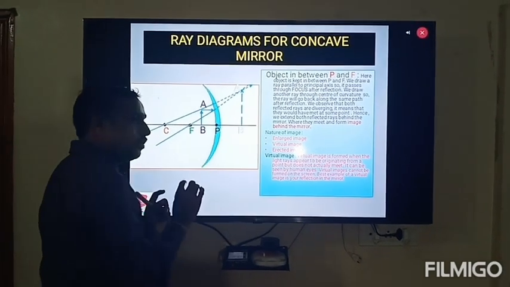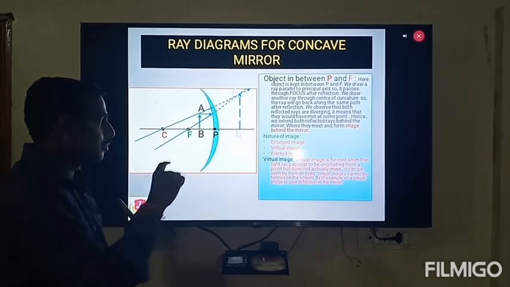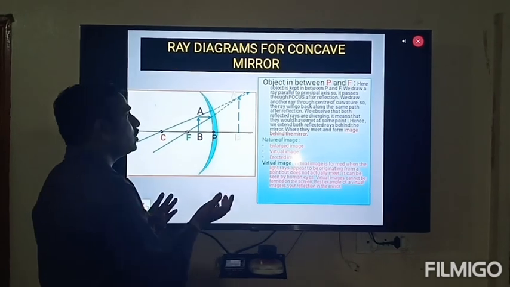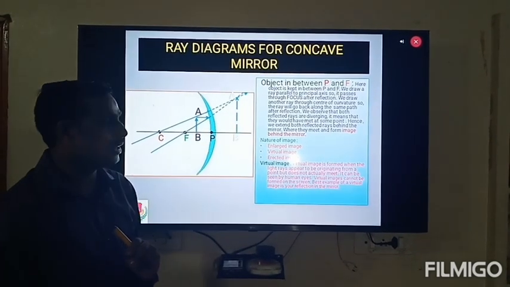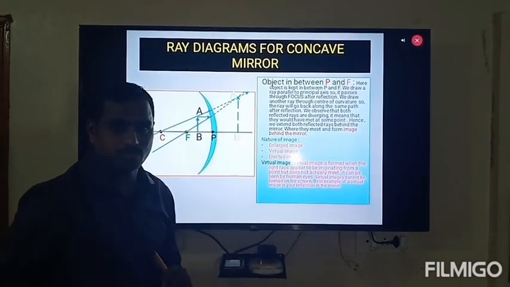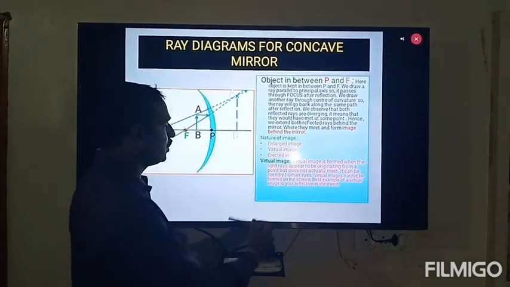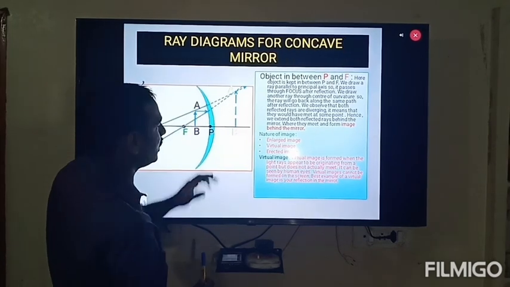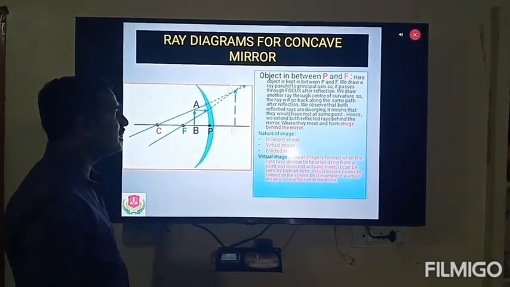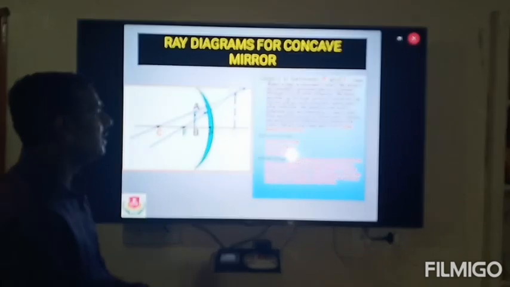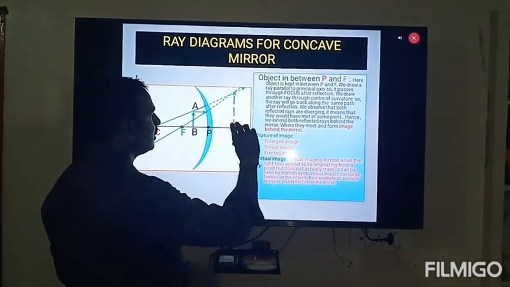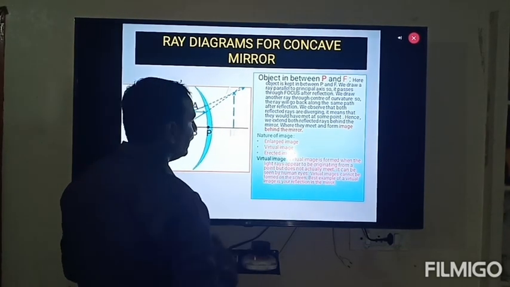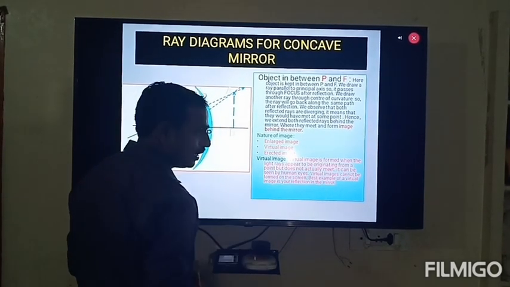The rays are coming from the object. The object is what we consider the source. From this place it is coming, but it appears to be coming from the image. That's why a real image is not formed here; a virtual image is formed, and an enlarged image. If we observe, the size of the image is increased, but not highly. Only some length is increased. That's why an enlarged image and a virtual image are formed.